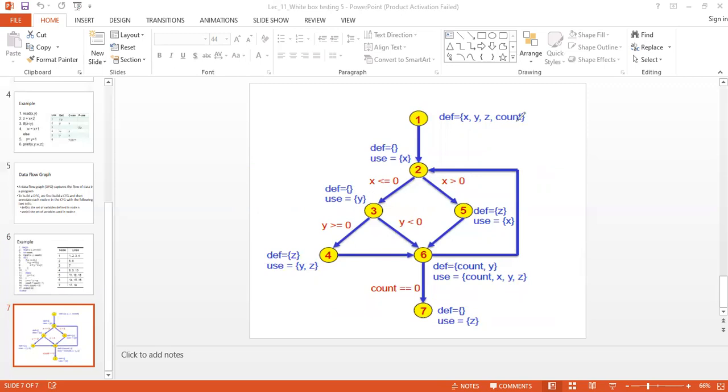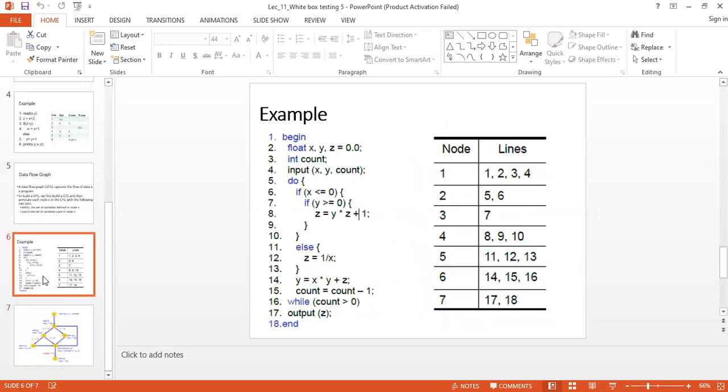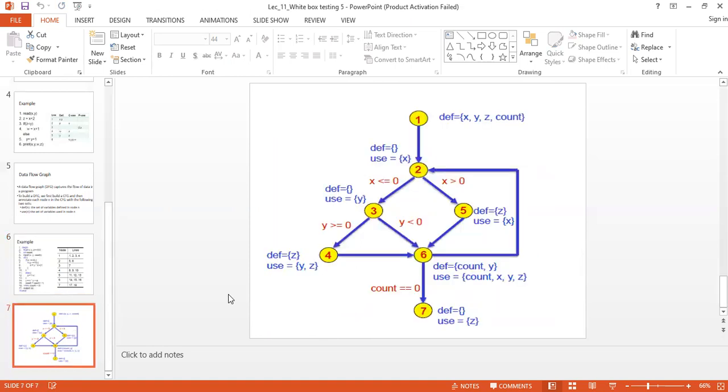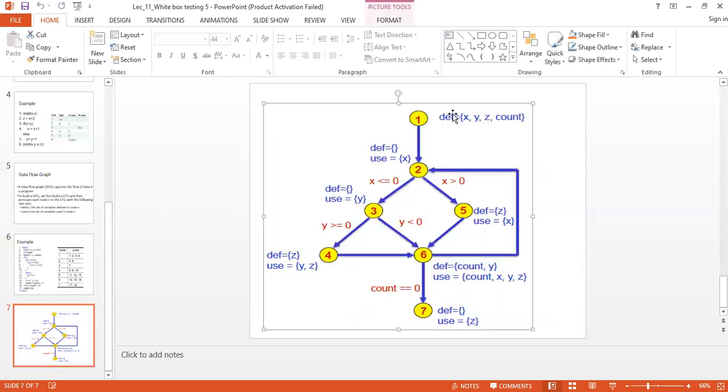Then you can see in this slide, I have explained that the first basic block has definitions. Then we have P-uses, likewise. So you can see in here.